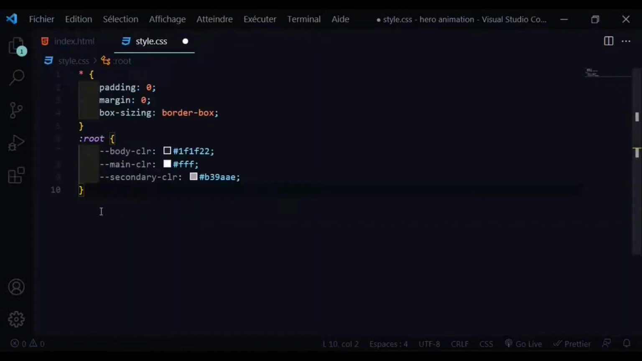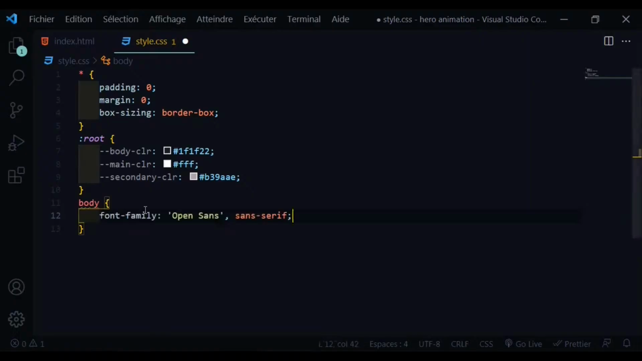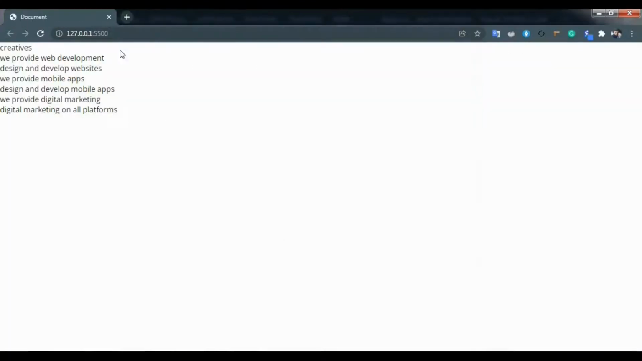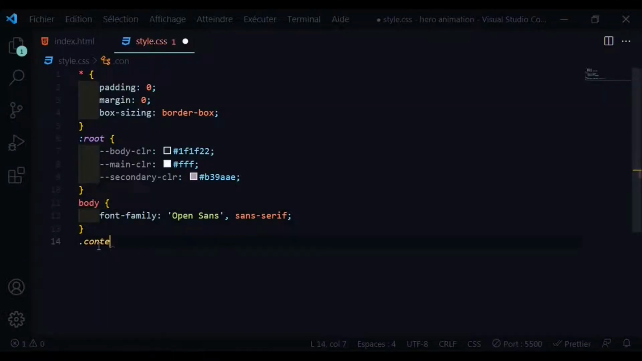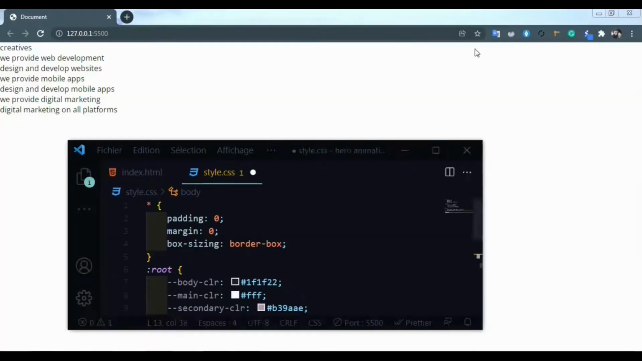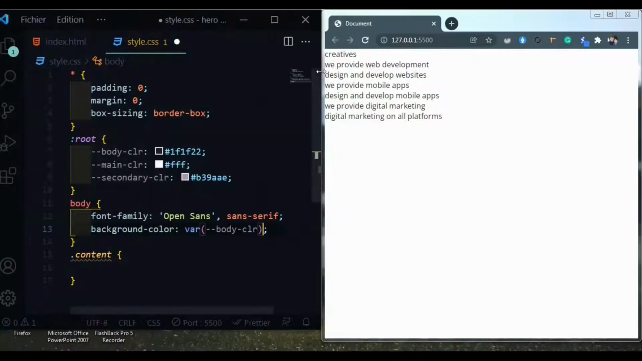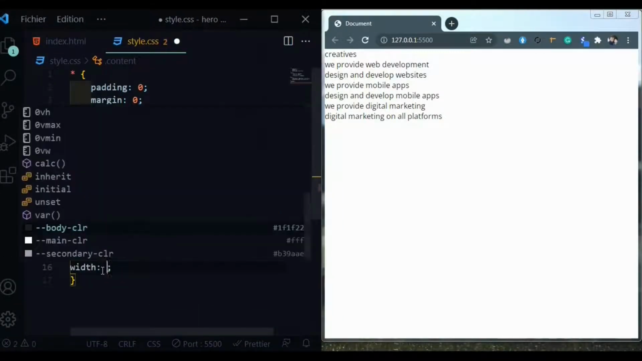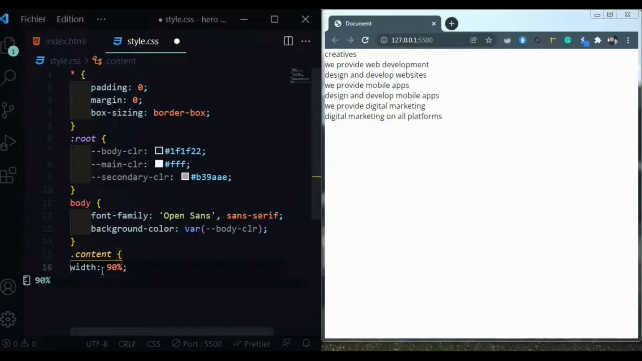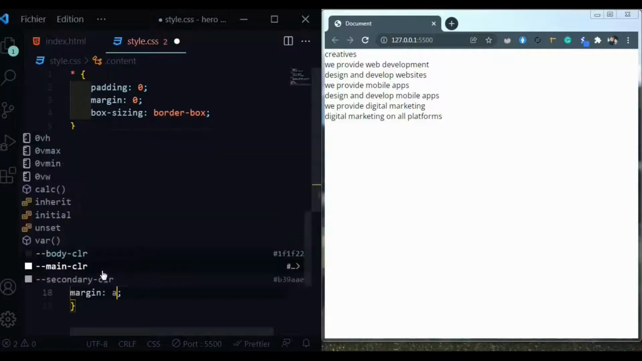Great. We have body, font family Open Sans, and background color body color. Content with 90%, height 100 viewport height, margin auto to center it,